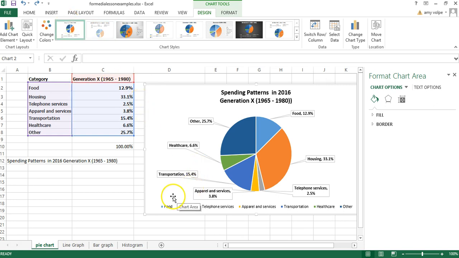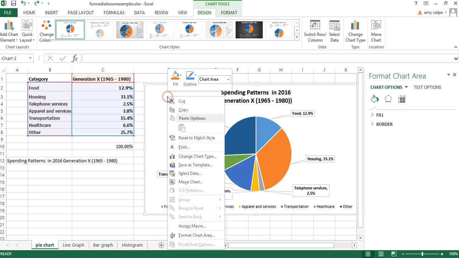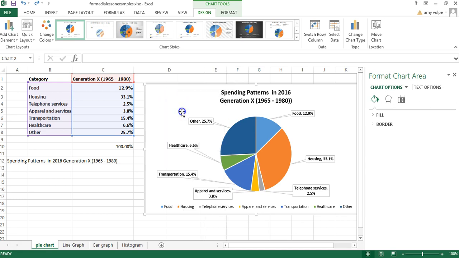Okay. And now let's show you how to paste this into a Word document. So for all of your graphs at the end, you're going to copy it from Excel and paste it into a Word document. So notice when I hover here, it says chart area. Here it's on the pie. You want to make sure you're on the chart area. You right click. Okay. And that says copy here. That's weird. I just want to copy. There we go. Okay. So I right clicked, copied,